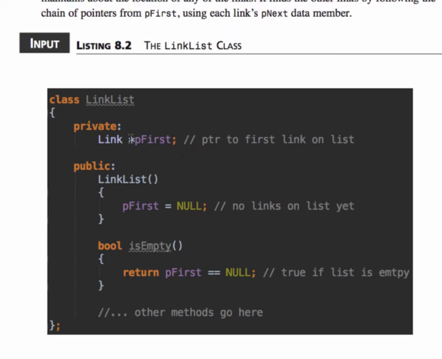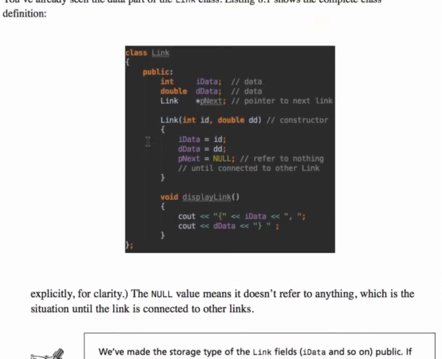And by that I mean it will mainly serve as a reference to where this whole linked list starts. Okay, so what does the linked list class have? Well, it has a link variable called pFirst. As you can see, this link pFirst here is similar to how we have a link pNext there. So they're both links, right? Both variables are of this class link type,